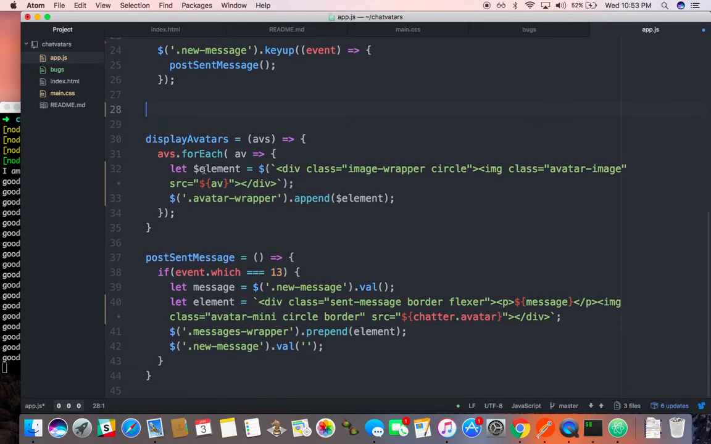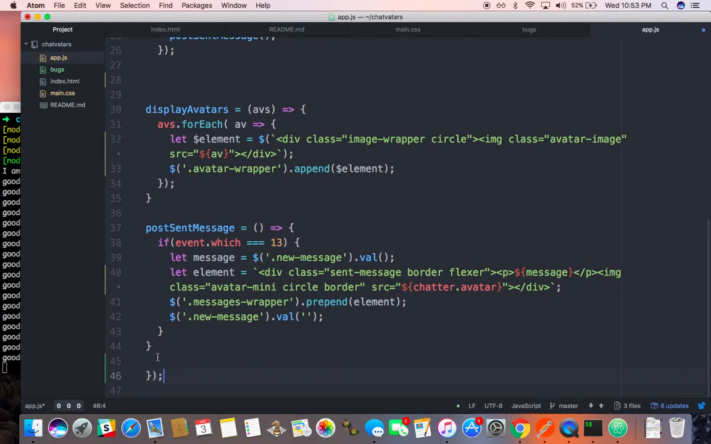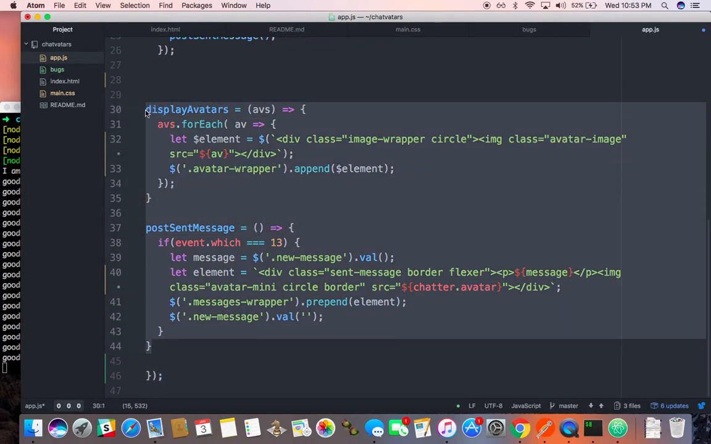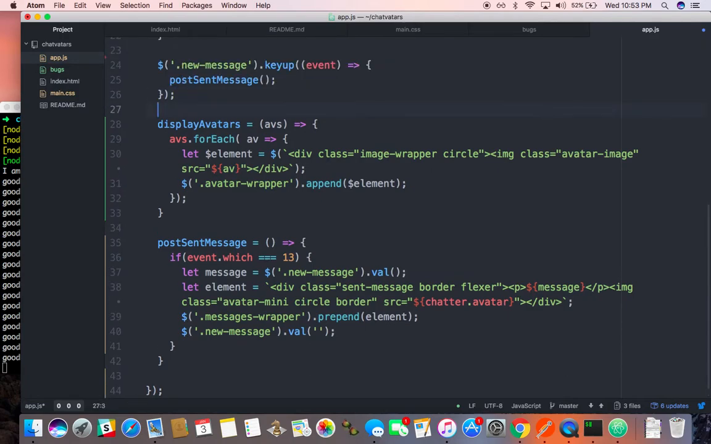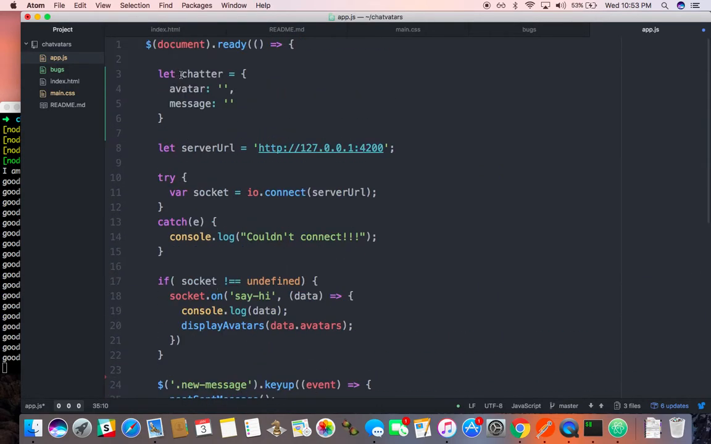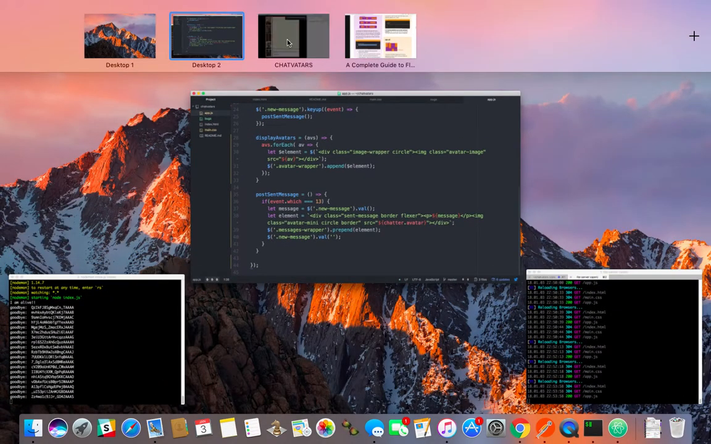Command X, Command V, Tab. Okay, and now these guys, well, I guess the scope of this is now from here to here, and these guys, they know what chatter is now. Okay, scope's a big deal,